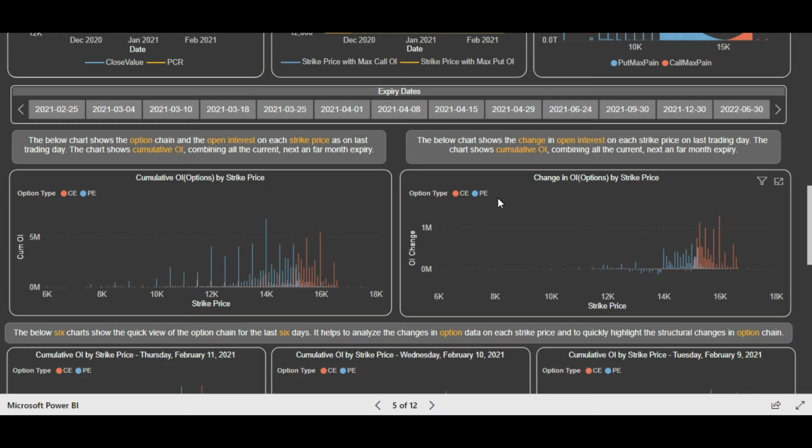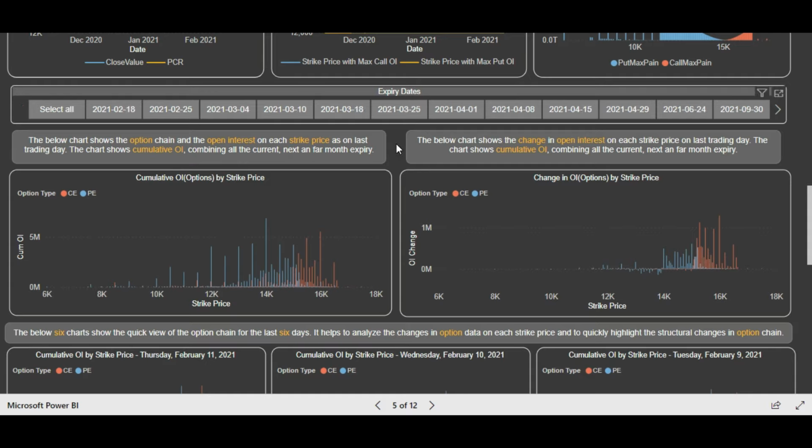If you are only watching the data for one expiry, you will not get the full picture, because you will never be able to make out what are the strong support levels or strong resistance levels when it comes to swing or positional trading. But if you are watching the cumulative open interest, or the data in totality, you will form a very good view, the chances of success are very high, and it will give you a clearer picture about the major support and resistance levels. So that's why by default we are showing the cumulative open interest at every strike price.